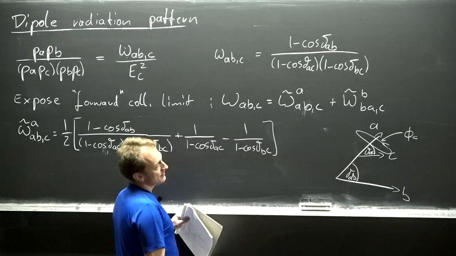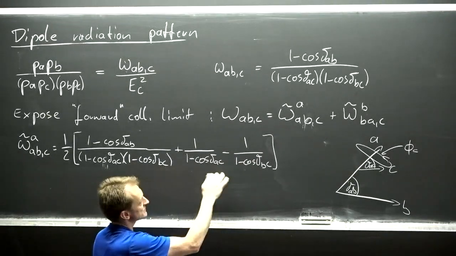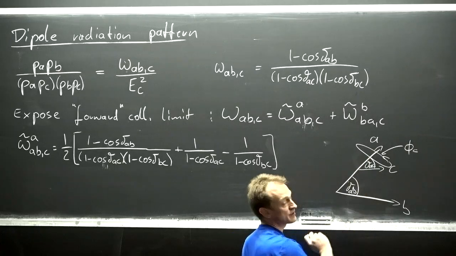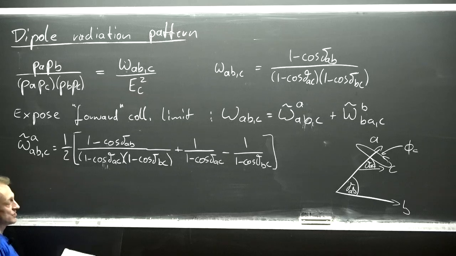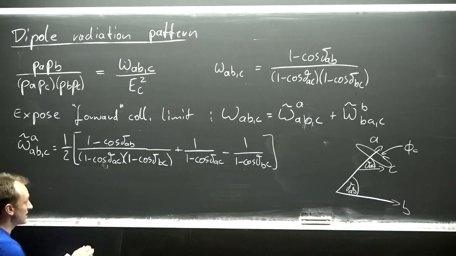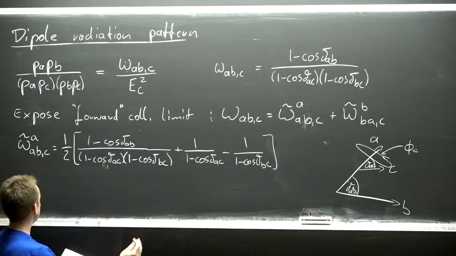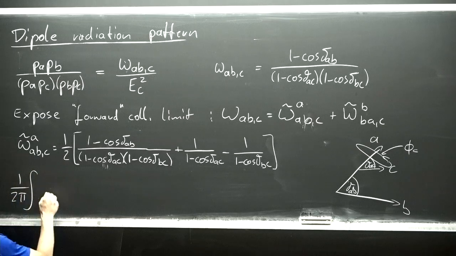Okay, this emergence of the root of this function only happens when the polar angle here becomes larger than the polar angle here. Okay, and we will see in a minute how this turns into the angular ordering property of QCD. Okay, so more precisely what will happen is as I integrate or average over the azimuthal angle,